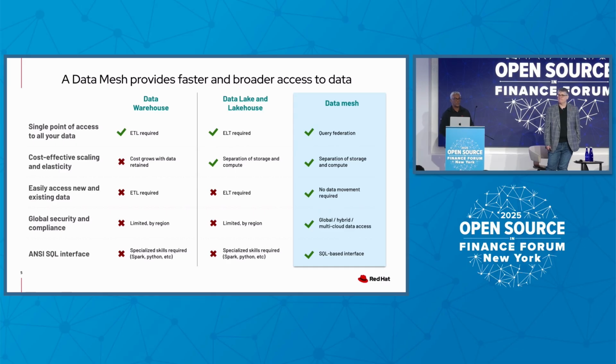Separation of storage and compute. If we look at a legacy data warehouse data platform, everything is one centralized monolithic data platform. For data mesh architecture, it's decoupled compute and storage. That way, your data ingestion and data processing layers are separate, run on a different platform, different infrastructure, and the storage runs on different infrastructure, so that you can independently scale your storage and your compute process. That's the key advantage of data mesh architecture. And no data movement.